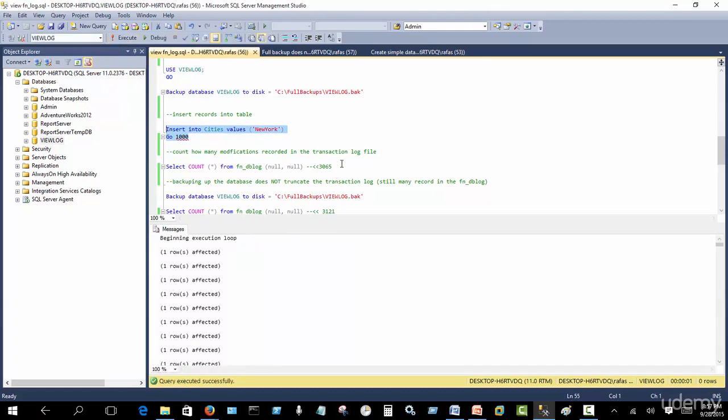And now that's done. So remember, all this activity is being recorded in the transactional log file. The creation of the database, the dropping of the database, the backing up of the database, the insertion of these values into the cities table. So there's a tremendous amount of activity going on in the database, and it's all being captured and modified in